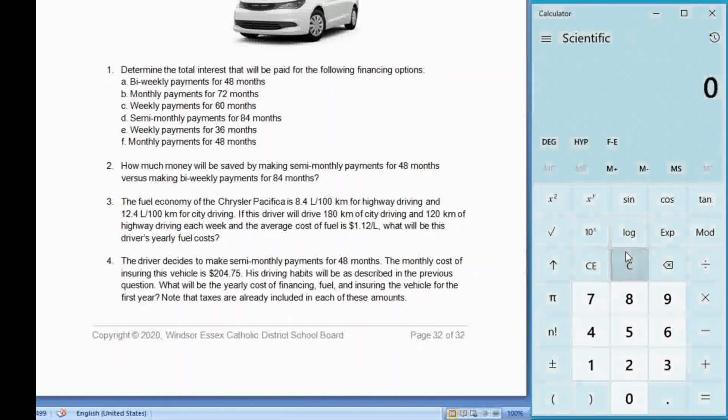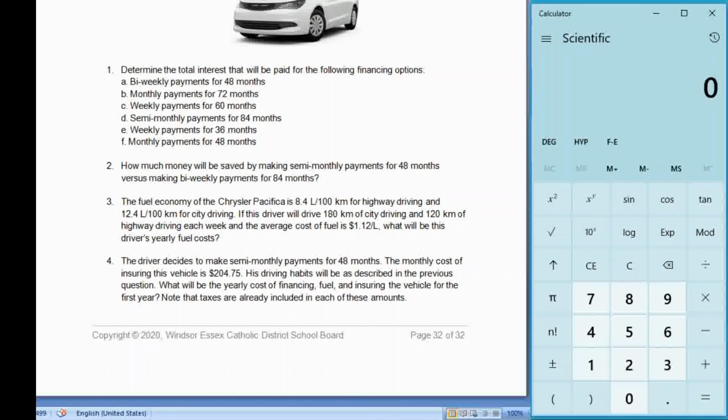But the last one, it says here, the driver decides to make the semi-monthly payments for 48 months. The monthly cost of insuring the vehicle is $204.75, and his driving habits will be as described in the previous question, so number 3. What will be the yearly cost of financing, fuel, and insuring the vehicle in the first year? And it says, note that taxes are already included in each of these amounts. So we don't have to add tax to this, but what we do need to do is find out what the semi-monthly payments are for 48 months,